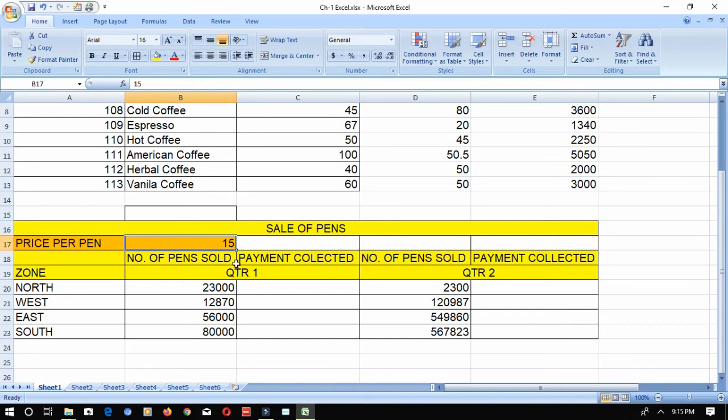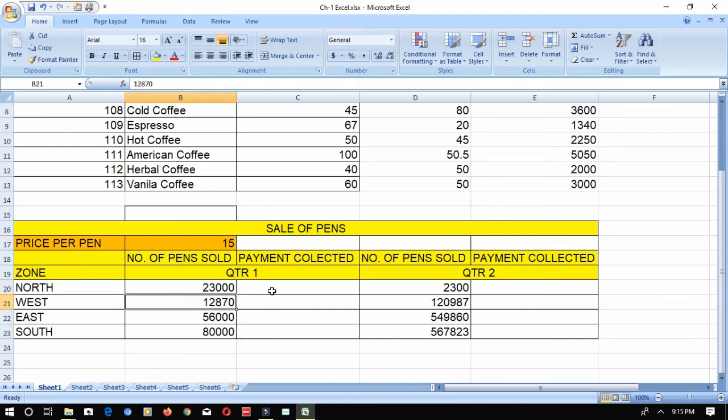They are collecting the data zone-wise, for the first quarter and the second quarter, with north, west, east and south zones. Price per pen is 15. It is constant, it will not change. But the number of pens sold will change. So how can you write the formula here? You are going to multiply this and these numbers.